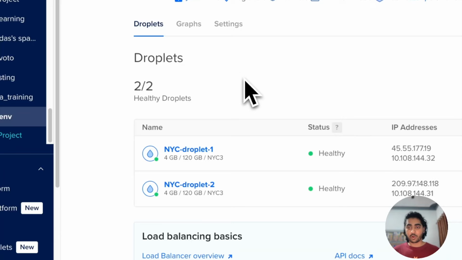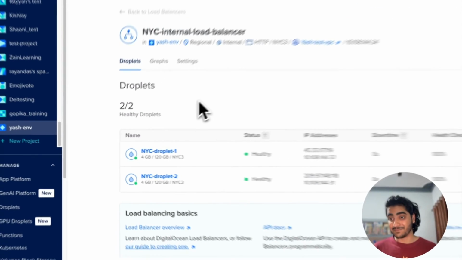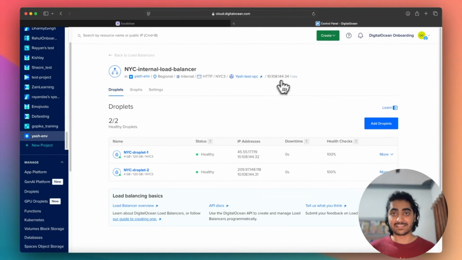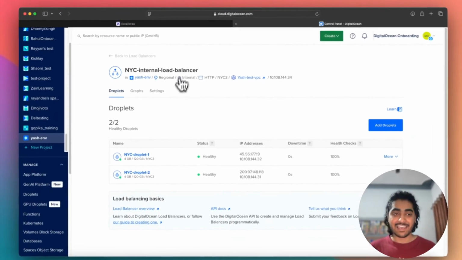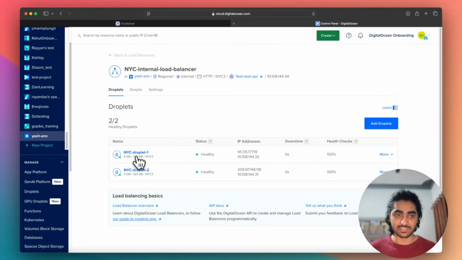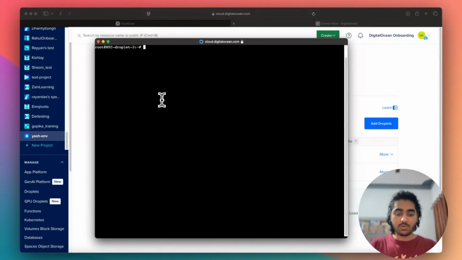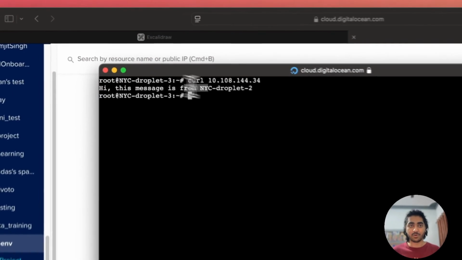So from droplet 3, which is also in the same VPC network, we will try to access the private IP of our internal load balancer and see if we are able to get access to the services running inside these droplets. So now I will simply do a curl request to the private IP of the ILB. And once I hit that, you can easily see that I have got the response from the droplet